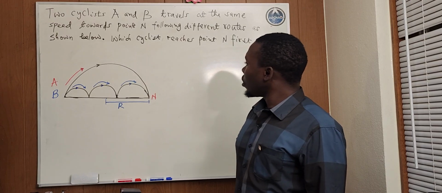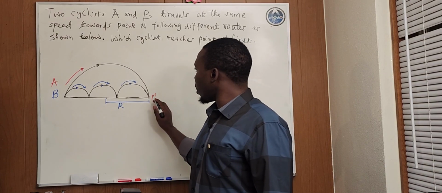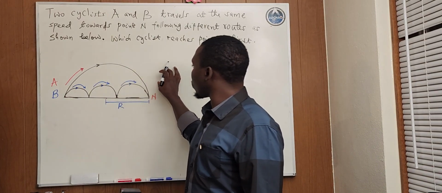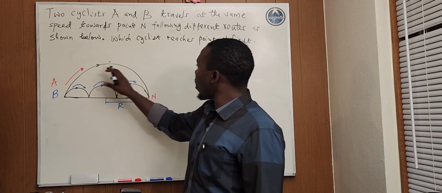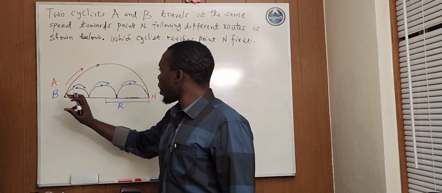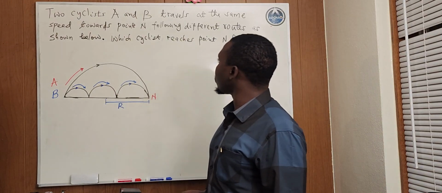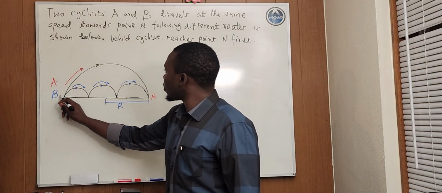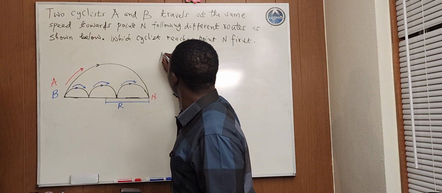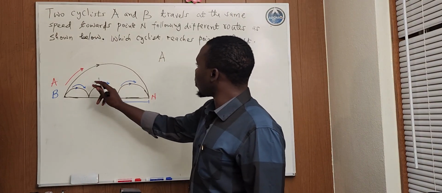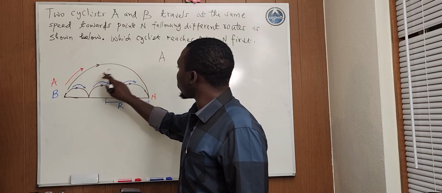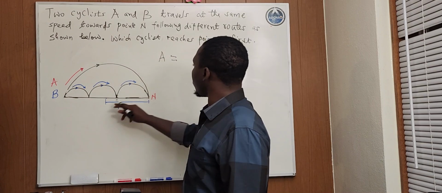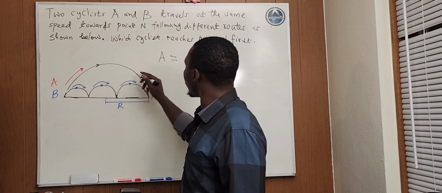Now, we are going to determine which cyclist reached point N first by first determining the distance each cyclist took. Keep in mind that both cyclists are traveling at the same speed and they started at the same point. So let's start with the distance covered by cyclist A. The distance along this path is like traveling along the semicircle, and the circumference of a semicircle is given by